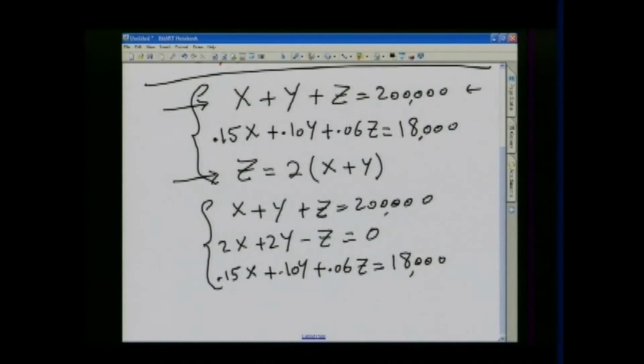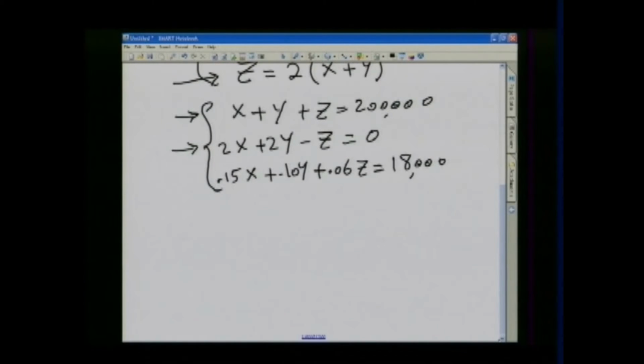Again, I can use the Gauss-Jordan method or the elimination method to solve this problem. Any way would be fine. One way, instead of matrices, is to take the first and the second equation and add them up. That way I would be able to get rid of the z. So when I add them up, between the first and the second one,